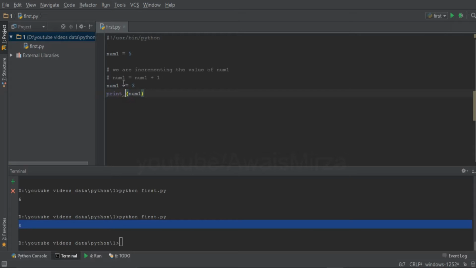All right, and same work for subtraction, same work for multiplication, same work for division, same work for mod operator. As I've already explained to you, the division operator returns the quotient and the mod operator returns the remainder of our result. All right, and let's check out, let's say I want to find the exponent of the num1 to num2. Let's say that